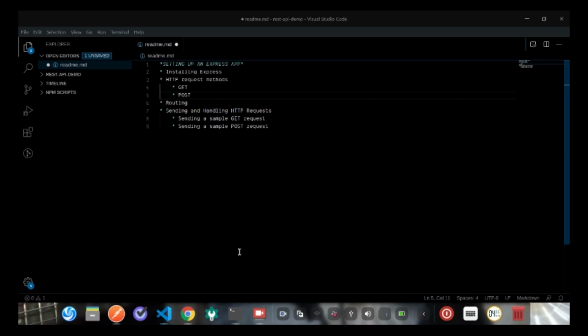So we'll start by installing Express. To install Express, I would head over to my terminal. I have this project created here in this folder. It's called REST API demo. And so in that folder, I'm going to start by running npm init